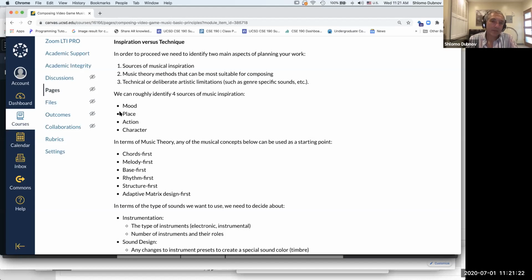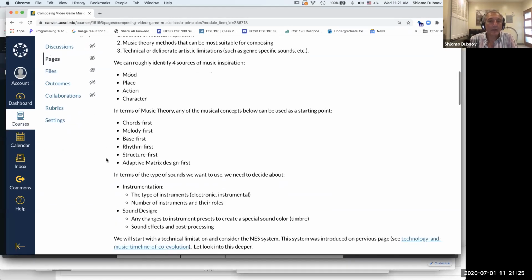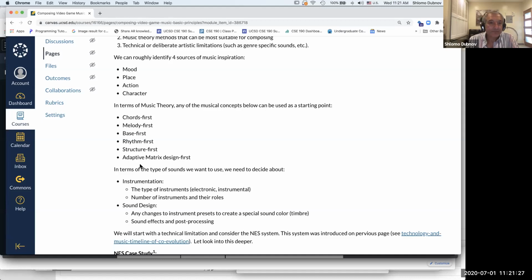So 1 and 2 are your main focus point for homework 1. How do you compose? So we'll also really start with chords first technique. At least if you read the homework, you will notice that the explanations are suggesting you to lay out some chords using LMMS. And for those who missed my last lecture on Monday, I was describing the LMMS and the specific technique of laying out chords and creating arpeggios. So this is kind of following this line of thought that the homework describes in words.